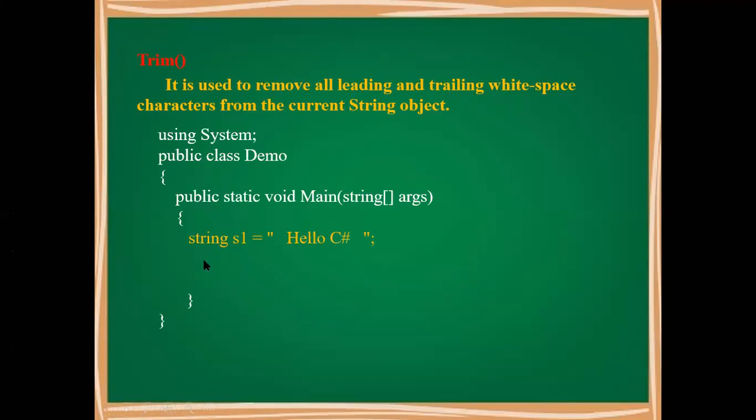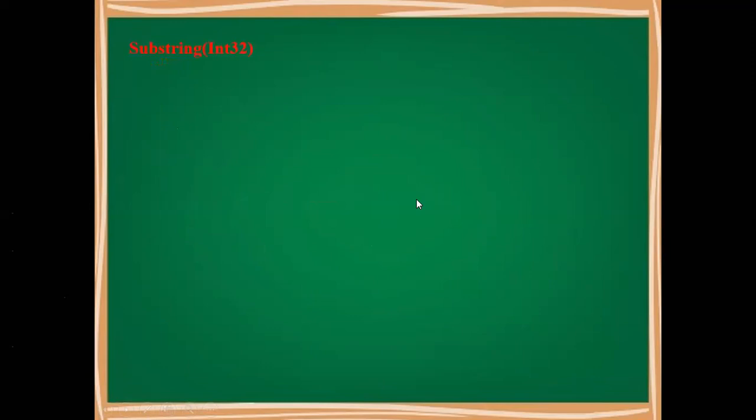So let us find out, our string is S1. You can see that in the double quotes, before hello or H, there is a space, multiple spaces, and after the hash symbol, as a part of the string, there are also spaces. So we write here variable S2 and S1.Trim, and when we print after trimming S1 into S2, we will get hello C sharp. ट्रेलिंग, उसके पहले वाला स्पेसेस हटाया गया और हैश की के बाद का स्पेसेस हटाया गया.